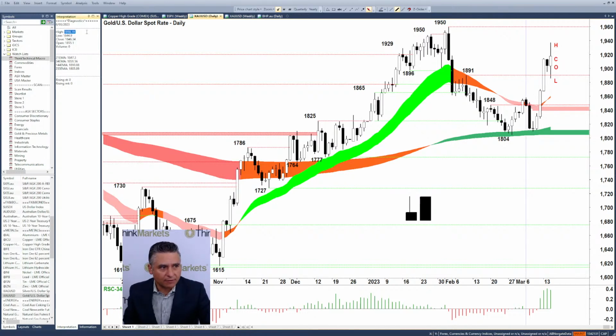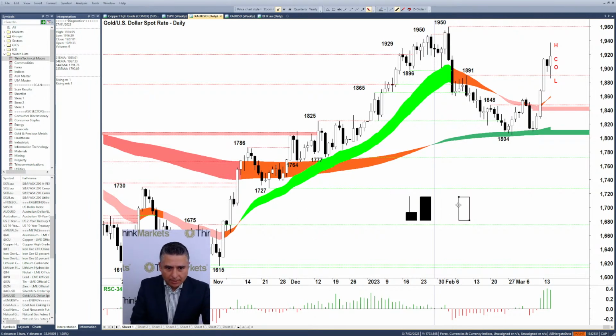That high is 1858. However, if we get the opposite of these two on this Thursday candle, and that's going to look like this, or its buddy, which looks like this. Bear with me, there we go. Then you would be looking for a continuation into the peak here at 1960.